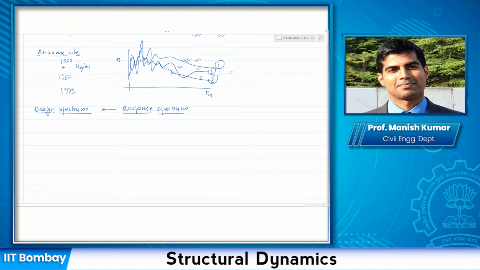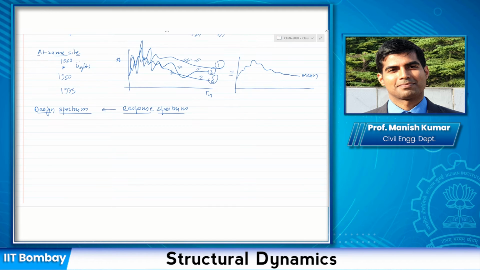Let us say I take the average of all these ground motions, what will happen? If you know that if you take the average of multiple numbers or multiple curves, the resultant curve is actually smoother than the individual curves. So it is relatively smoother than the individual response spectrum. Okay, and let us do one more thing. So this is the mean response spectrum of all such earthquakes. Okay, so this is the mean value.